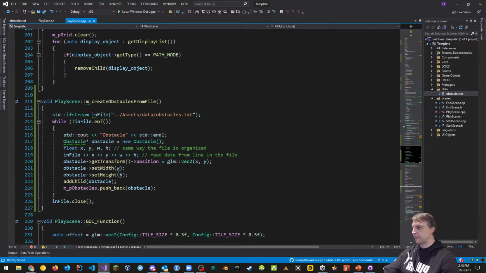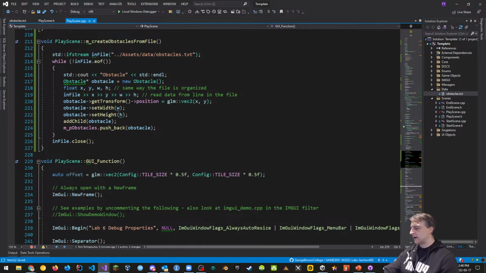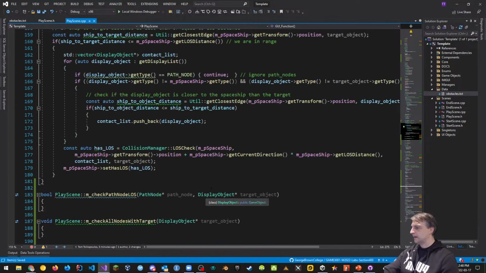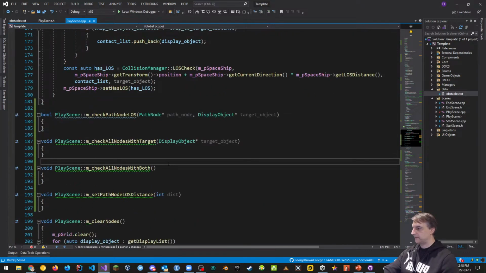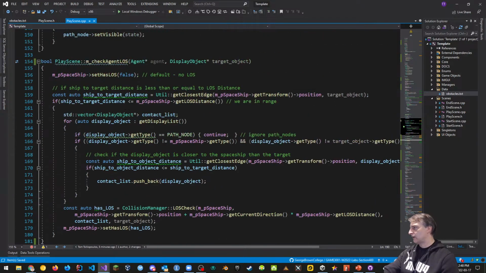We still can't run everything yet because we haven't got all the other functions in play. And these are the functions here that we need to put into play, these ones right here. Okay, so save. And let's get those functions kind of coded up. This also has to change, check agent line of sight. Also has to change big time from what it is right now to what it's going to be. So let's start with that one. Let's check agent line of sight. Again, it's going to be different than what it was.